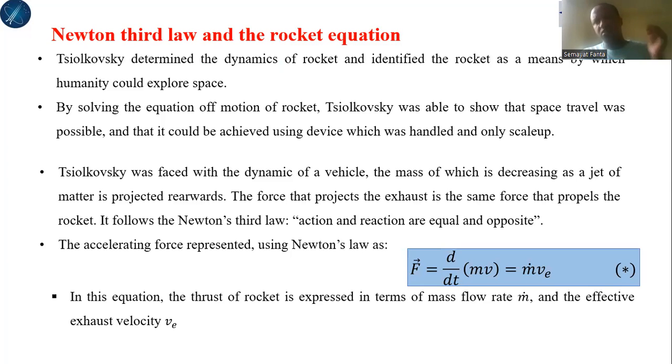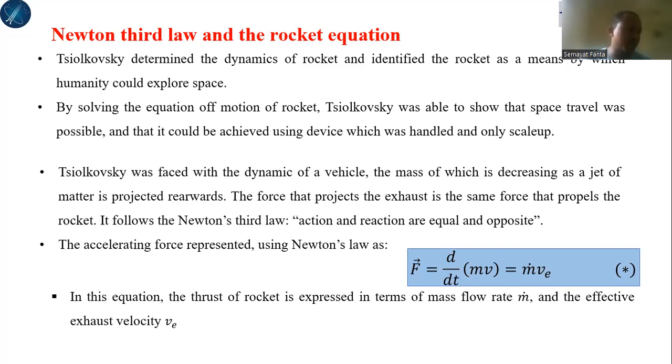So based on that concept, the Russian scientist in the early 19th century, Tsiolkovsky, focused on the dynamics of a vehicle, the mass of which is decreasing as a jet of matter is projected rearward. Means what? His idea is that an increasing velocity is accompanied by a decreasing mass. In the case of rocket propulsion, the basic concept is that the total mass of the propellant decreases from time to time, and the rocket velocity increases from time to time. So that is a decreasing mass accompanied with increasing velocity, which happens because of the ejection of the jet matter,